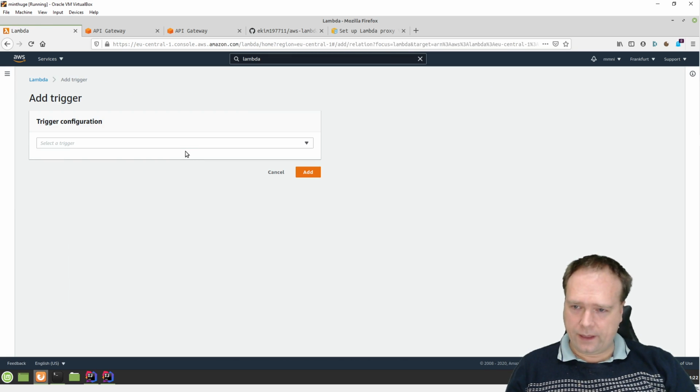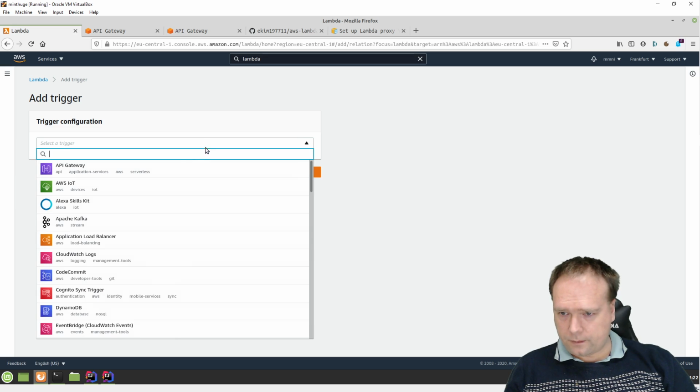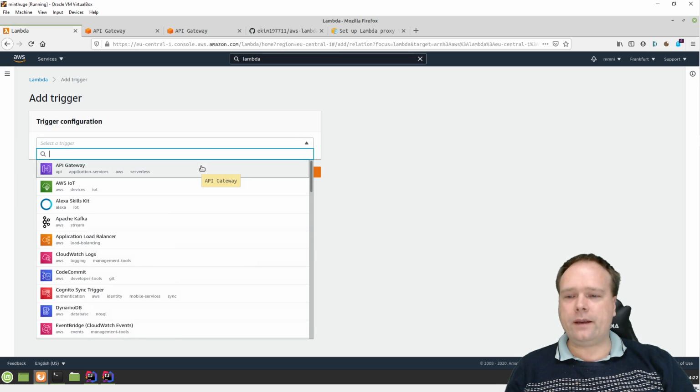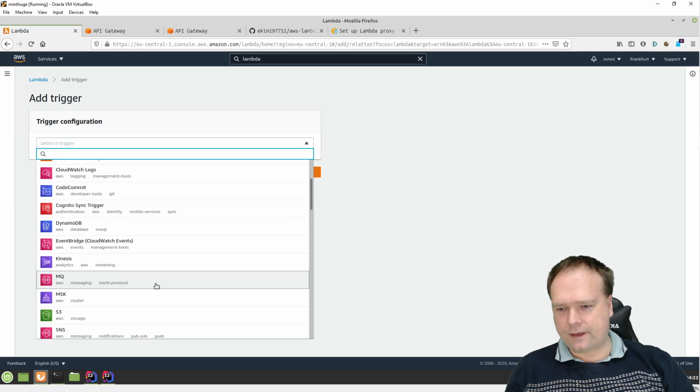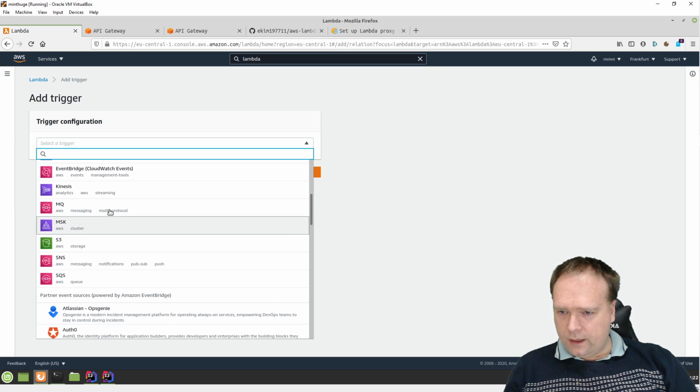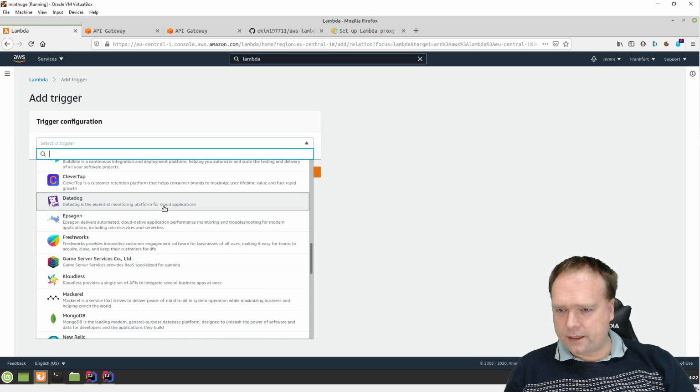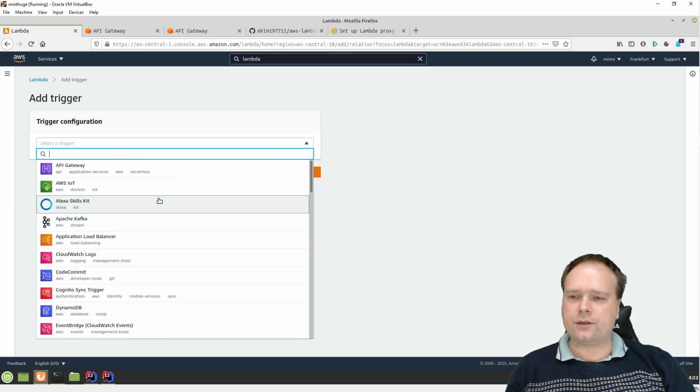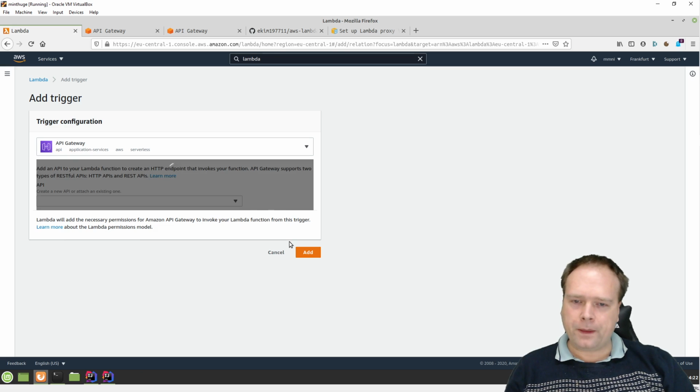And this is where the weird part comes in. Because now we want the API gateway. As I also said the last time, there's a lot of weird triggers. We can trigger on something happening in an S3 bucket, or a lot of things. Kafka, on a Kafka broker, in the Kafka queue, in the MQ, there's a lot of weird stuff, right? So the Datadog, if something happens there, that can also trigger